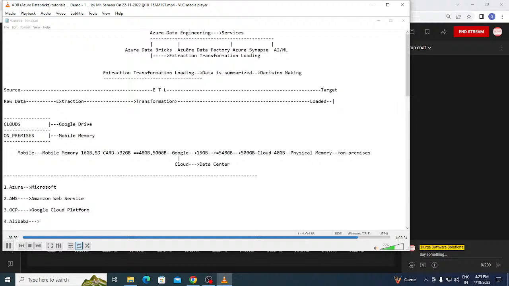Combinedly we'll see a type of project, a case study you can say, not exactly a project.